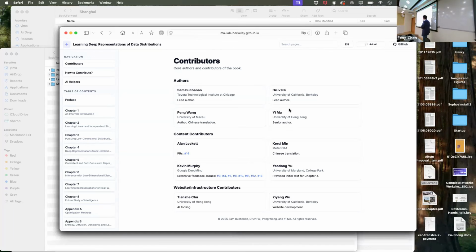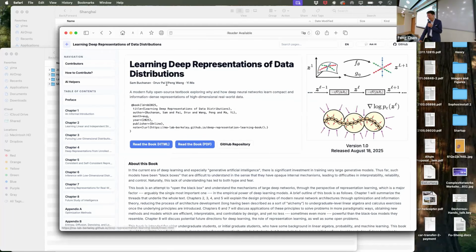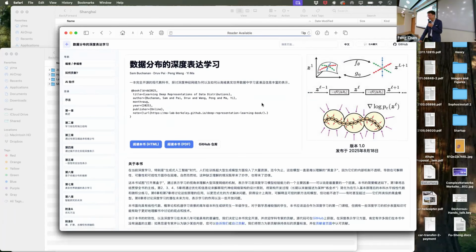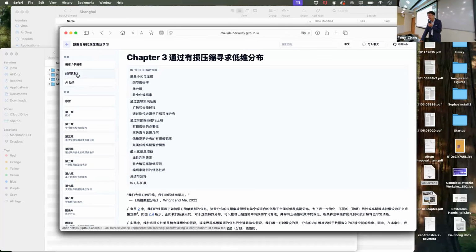And also a couple of my students are helping as TAs, and my current student will help with the web development and infrastructure. We'll talk about that in a second. So you can see this is going to be a first open source book organized over GitHub, over Leaf, and also HTML. And if you go there, there's a Chinese version, and it's very much completely done by AI translation, right? So everything, again, PDF, HTML, if you want, you can go to any chapters to read them in Chinese, right?